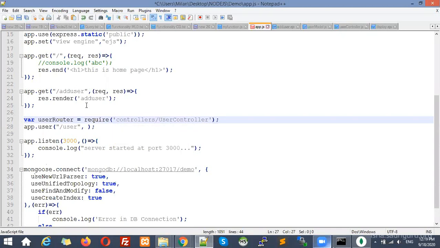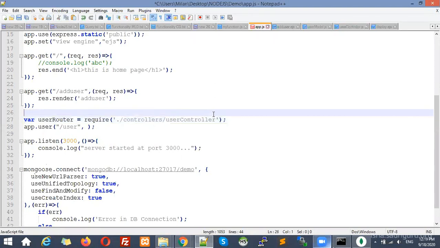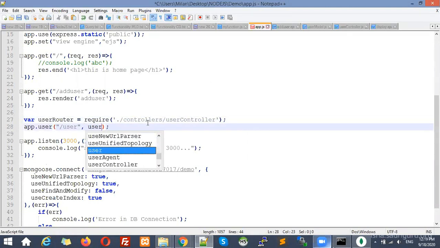And what is the current path? It is from the current directory. Because the app.js file is in the root directory, from the root directory you can directly go to the controllers, and then user controller.js, and that controller I'm going to pass here, user router.